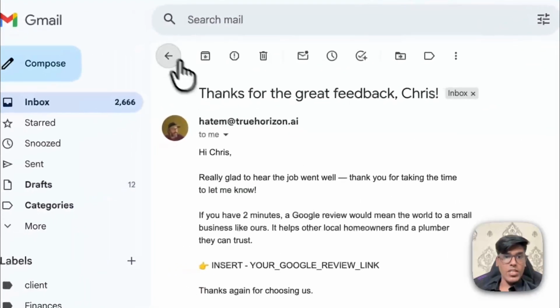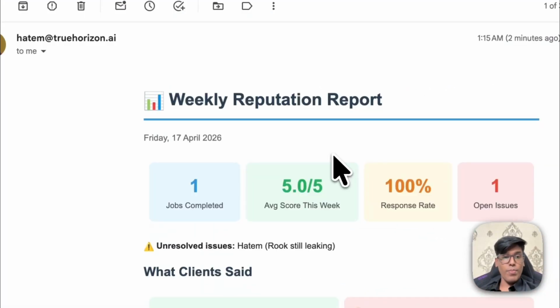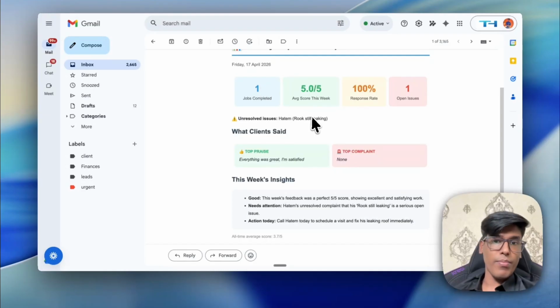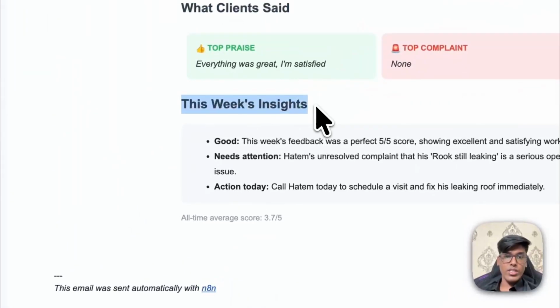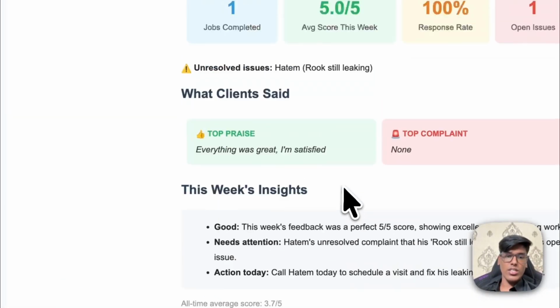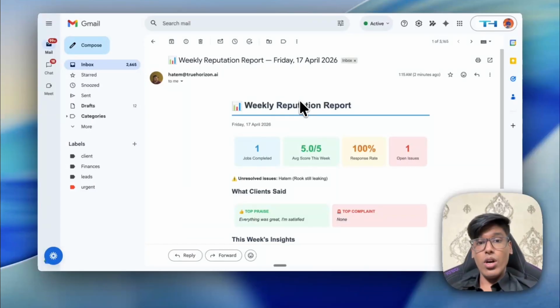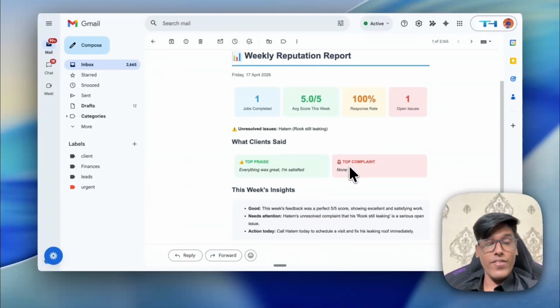So once you have seen this with the help of this AI agent, I can also show you the mail that I've received. It is going to be this one. And it's a proper HTML formatted weekly reputation report, which is going to have a job completed, average score this week, the response rate, an open issue. It's going to have this week's insight, good, needs attention, action today, and what are the things that the client said. So imagine this, you are going to receive a weekly reputation report which looks this beautiful every single week